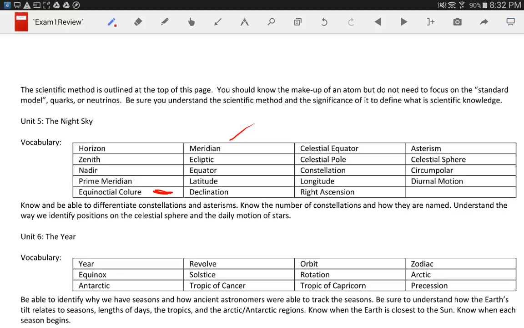The prime meridian is where we measure 0 degrees for our longitudes. The equinoctial colure is the same idea, but in the sky. It's where we measure 0 hours, minutes, and seconds right ascension. And then with the Earth's rotation, if I point up here and it's 0 right now, in 1 hour,